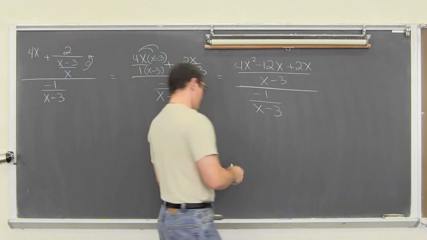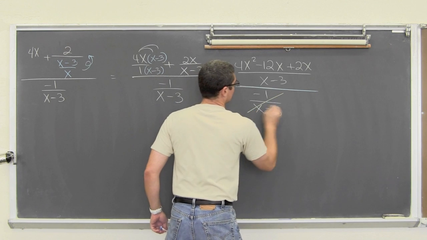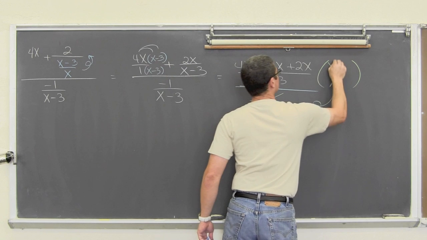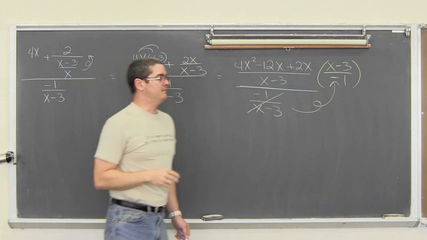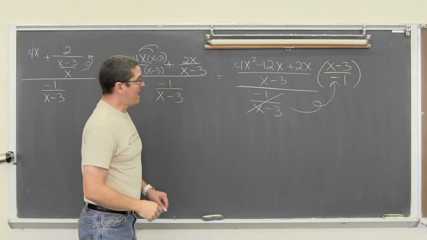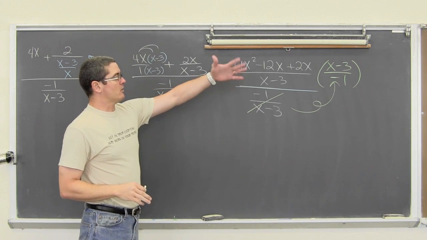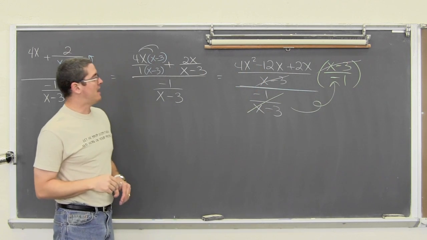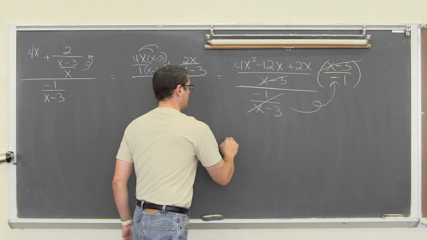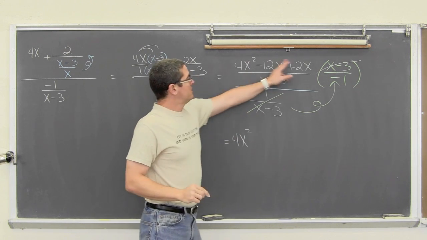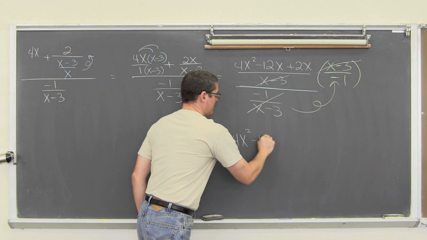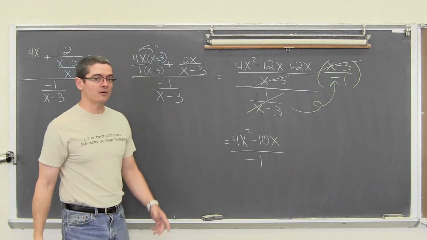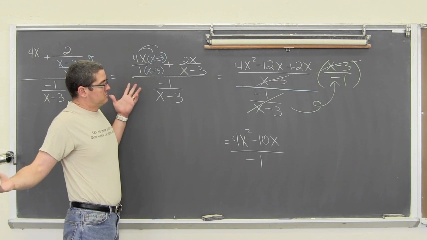So we're going to multiply by the reciprocal of that denominator. So we're going to multiply by x minus 3 over negative 1. Well, we can see that now that we've gotten this worked out and we're multiplying by the reciprocal of the denominator, that we have this common factor of x minus 3, which is going to cancel out. We have 4x squared. Negative 12 plus 2 is negative 10, so minus 10x. All over, only left is negative 1 in the denominator. And there's really nothing to cancel out.